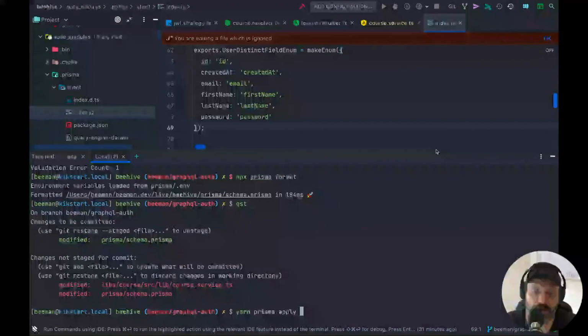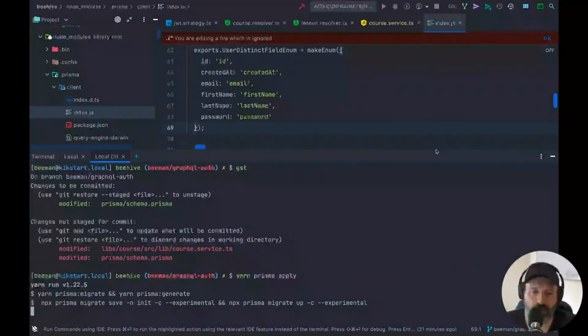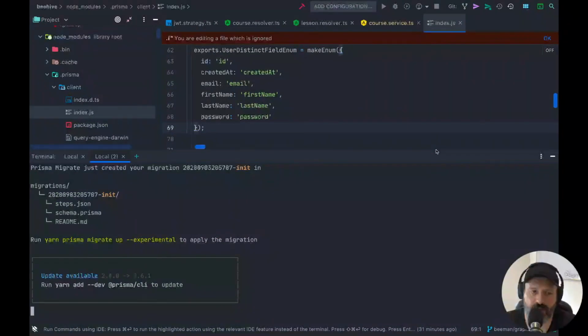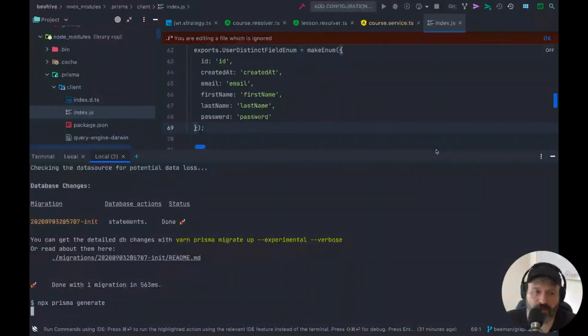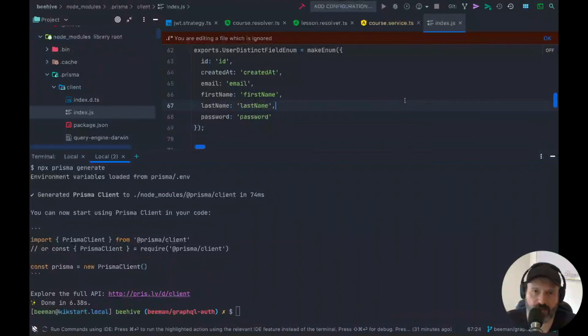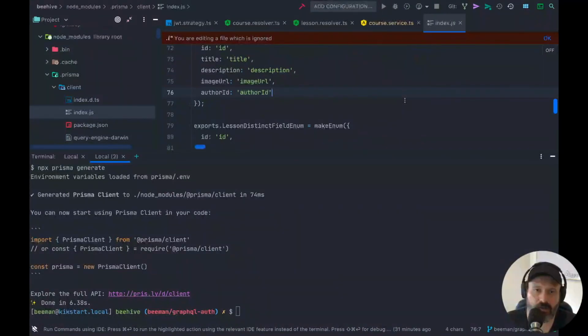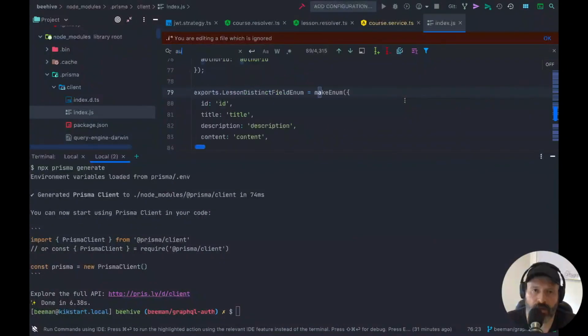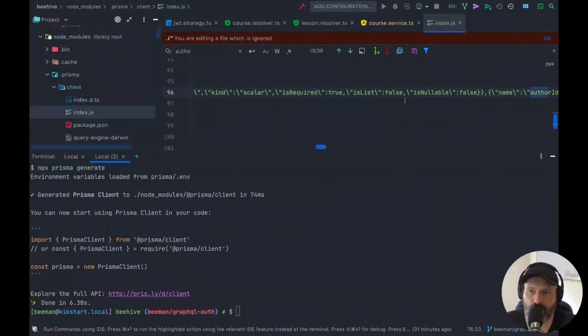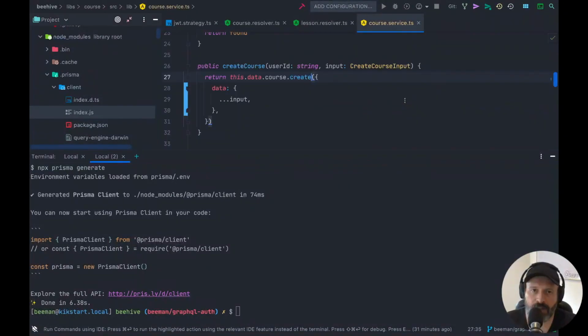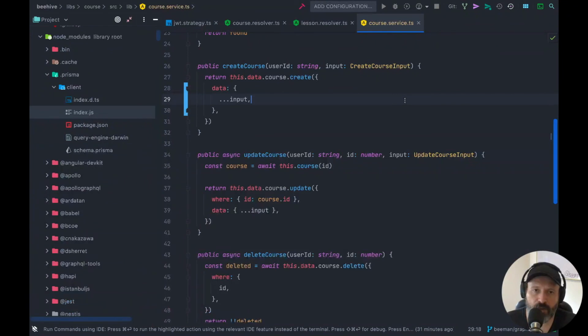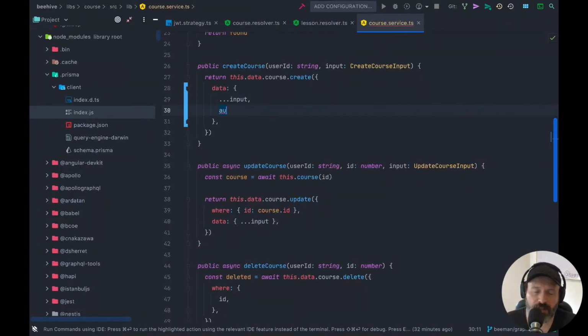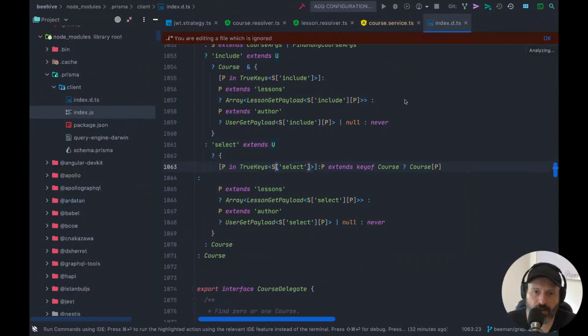Now, if we run this Prisma apply, which does the migrate and the generation of this client, we should have a reference to author in this file. So let's quickly check it out. There you go, authorId. And it now knows stuff about the author. So that means that in our code, where we actually use this one, we should now be able to say, when you create a course,